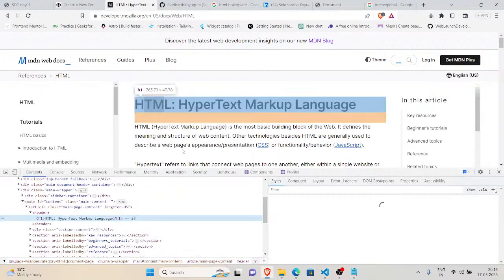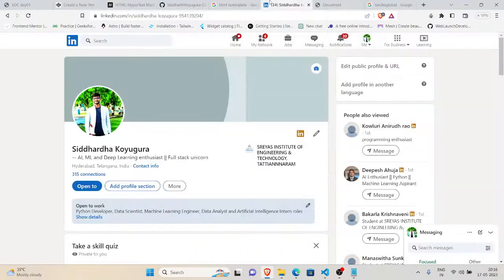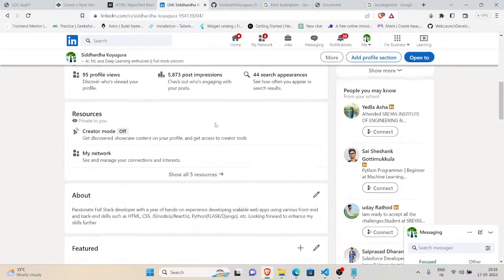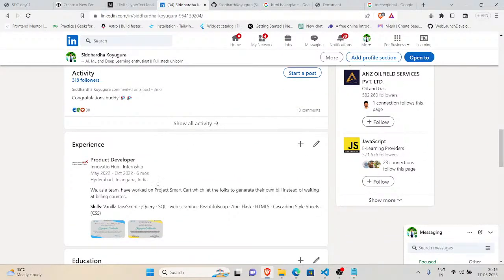I'll just click on inspect. That's it. It shows the HTML, hypertext markup language. The inspect is used to show us the code present in the HTML of the web page. For example, I would like to know what tag has been used here.